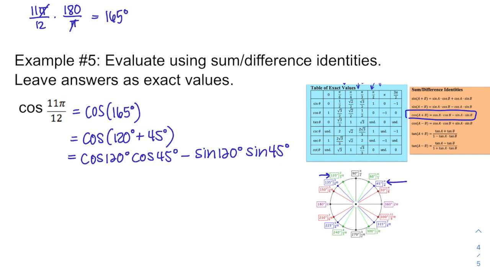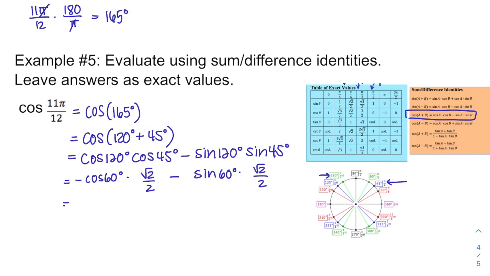Now some of these are easy. Cosine and sine of 45 is easy. That's just radical 2 over 2, radical 2 over 2. Now, cosine of 120 and sine of 120. 120 is green. That means it has a reference angle that's 60 degrees. Cosine in the second quadrant where 120 is going to be negative. So this is going to equal, I'm going to write this out, negative cosine 60 because of its quadrant, minus sine of 120. Sine is going to be positive in the second quadrant, so it's going to be sine of